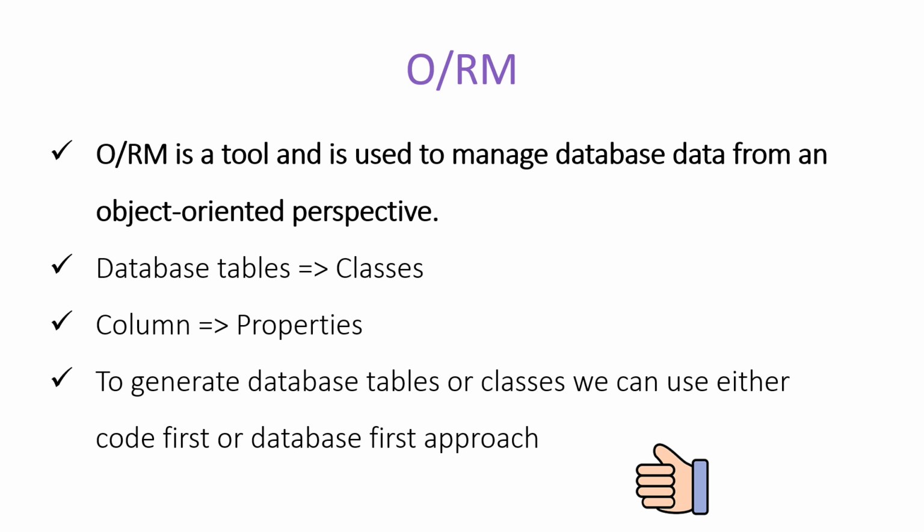The second one is the code first approach. It means first you will write the code in your project. All the columns will be available as properties. Suppose you have 20 tables, then for those 20 tables you will create 20 classes, and from these classes you can generate your database automatically and very easily. So you do not have to duplicate your work. You have to work only on one side and the second side will be generated automatically. So you can choose either way, whichever is beneficial for you.